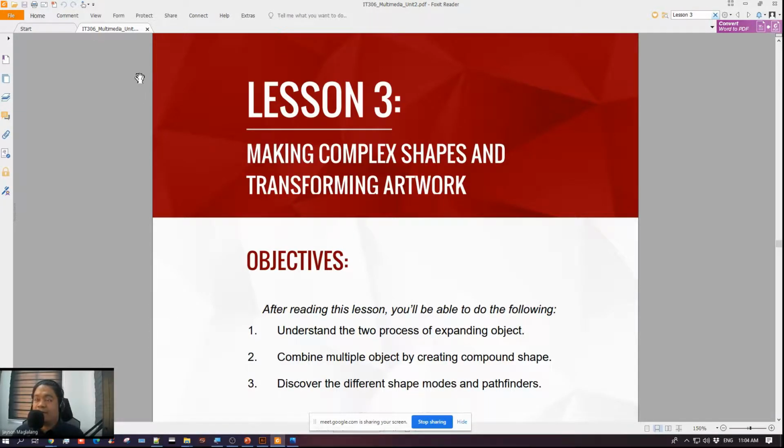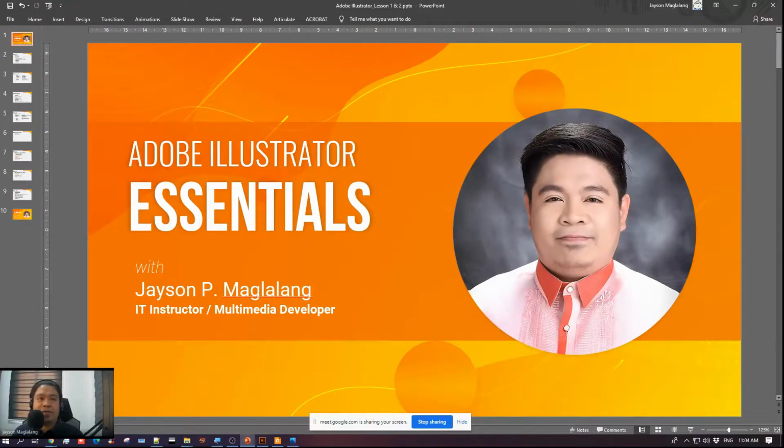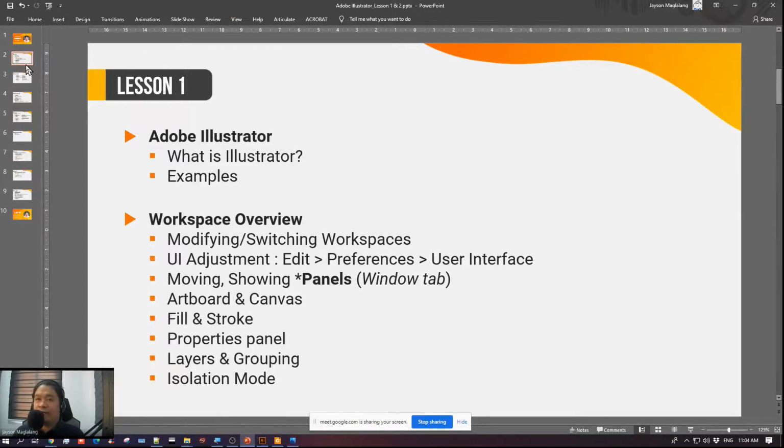And for this session, we'll be continuing our discussion from last time. So, last time, we discussed lesson 1 and lesson 2. Okay, so we're still on Adobe Illustrator. This is our unit 2 in our module. And last time, we discussed lesson 1, everything about what Illustrator is all about, what are the